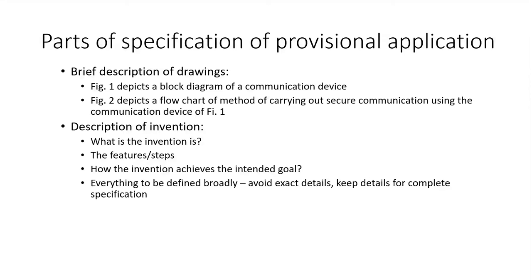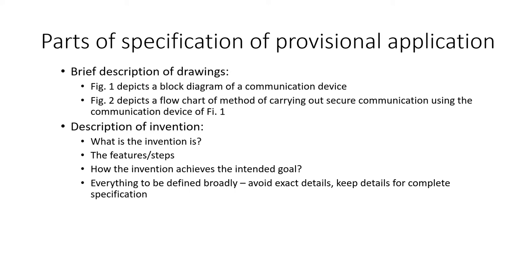Also, a word of caution: your provisional application or the specification should at least define what your innovation is, even if you are not going into the exact details. So there has to be a balance between how much you are going to disclose. The provisional specification should at least bring to the notice of the reader what your innovation relates to, so as to be able to get a fuller protection on your innovation.